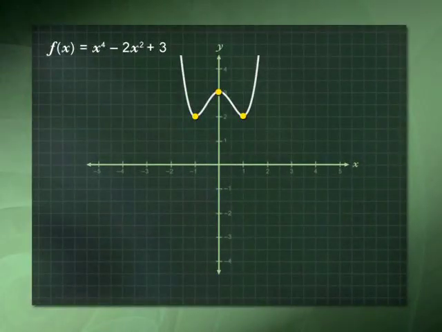Here's the graph of that fourth degree polynomial. It goes down, and then up again forever. Well, we had 3 places where the tangent line is horizontal. The derivative is 0. And those are indicated with little dots on the graph. One of them occurred at 0, 3. That's kind of a little hump in the middle. And then there are 2 points at 1 and minus 1 where the graph has a sort of lowest